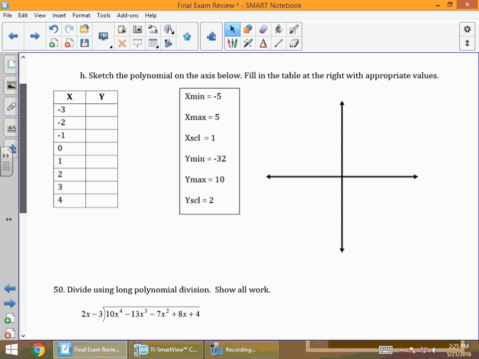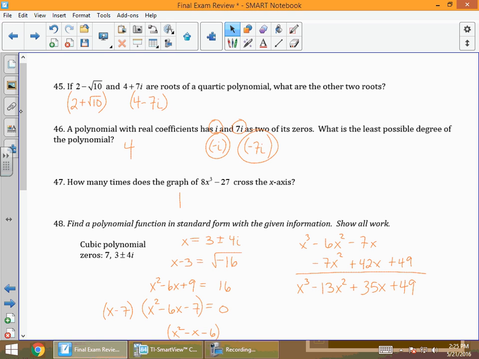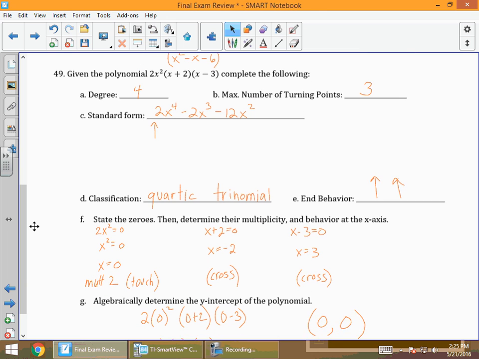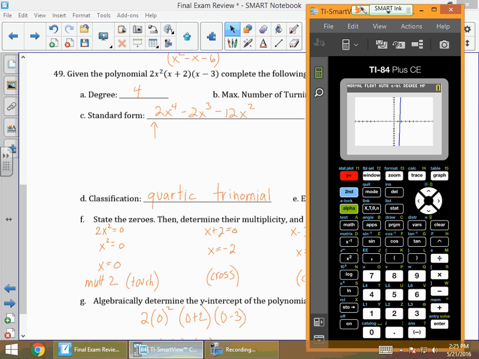The next part says sketch the polynomial on the axis below and fill in the table at the right with the appropriate values. And it even tells you kind of what to put in there. So let me go back so I can see my equation. And y equals 2x squared times x plus 2 times x minus 3. And now